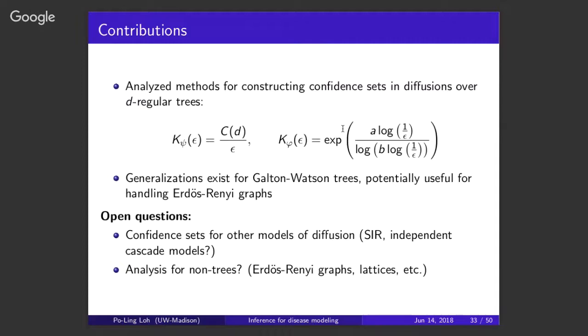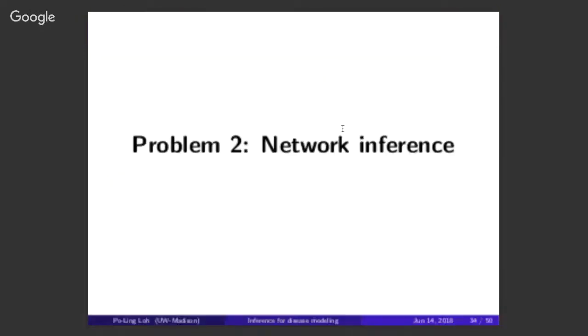Another important direction would be looking at non-trees. For instance, if you have an infection that's spreading over a lattice, a 2D lattice, then you would hope that the same sort of centrality notions would also give you a confidence set. But again, the problem is that our Polya urn analysis doesn't work, because these different branches in the tree are colliding with each other, and the same type of analysis won't work. We were thinking about looking at Galton-Watson trees because we wanted to analyze Erdős-Rényi graphs, which are locally Galton-Watson. Unfortunately, after handling the Galton-Watson case, we weren't able to extend anything to Erdős-Rényi graphs. Okay, so that's the first part.